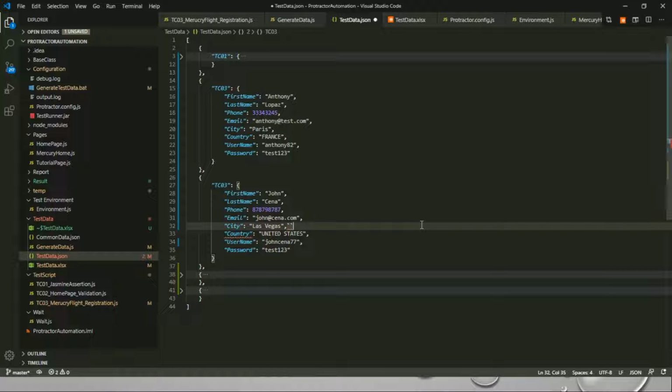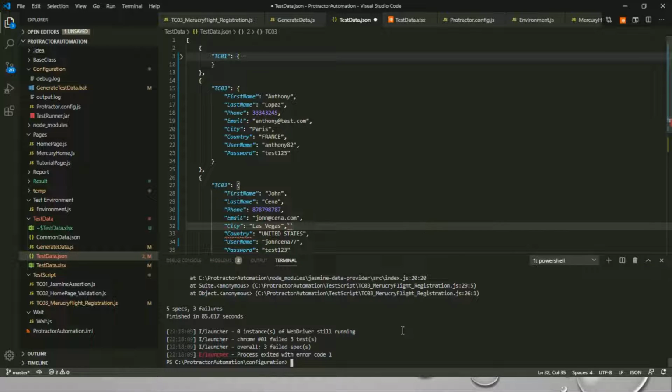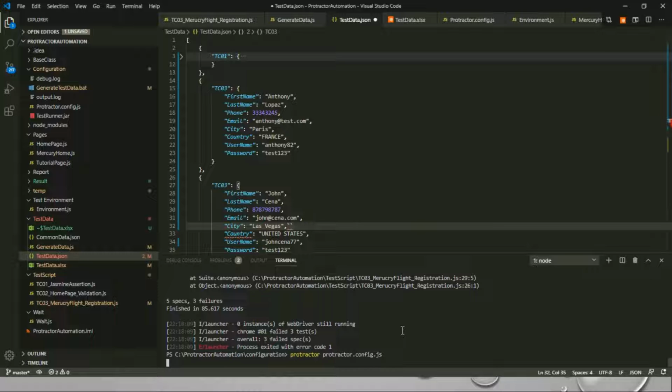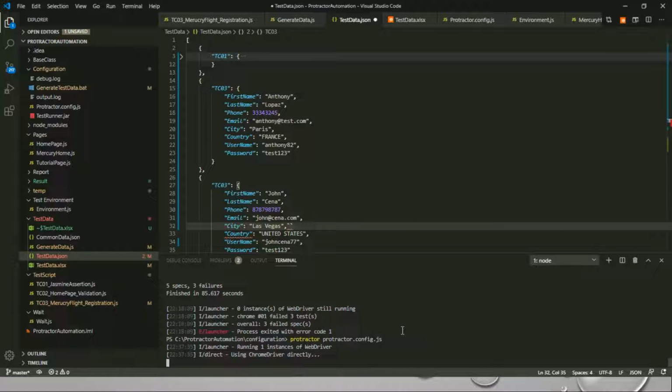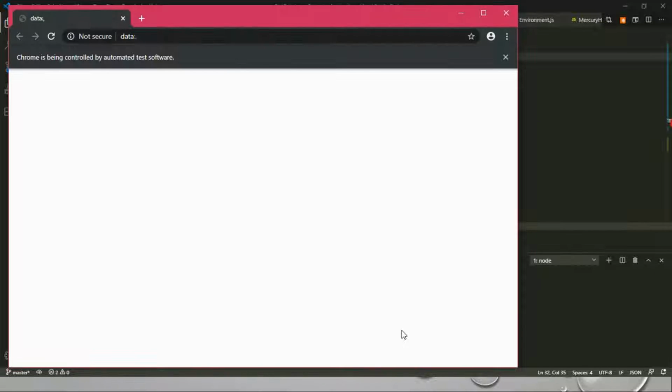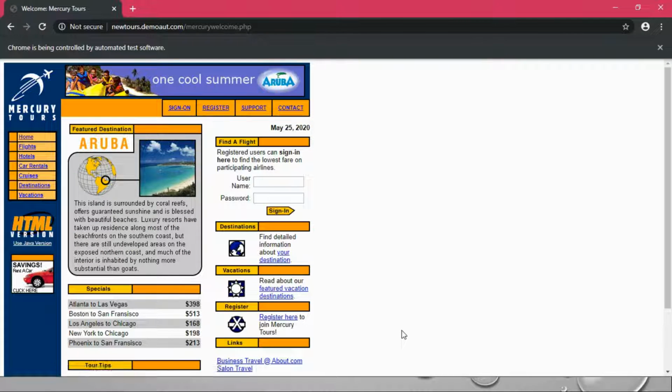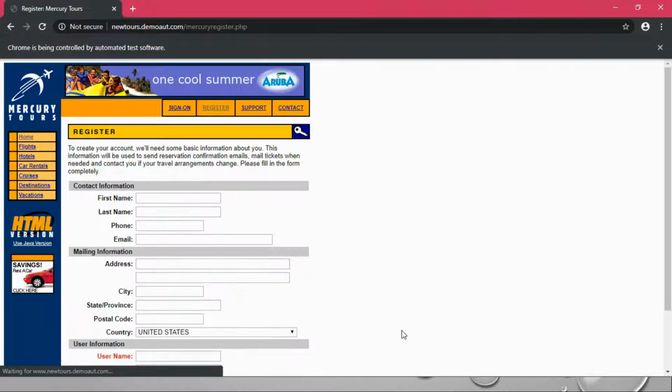just a second. Yes, so it loaded the browser. It will navigate to the register link, and it will try to feed with the first set of data, which is Anthony.